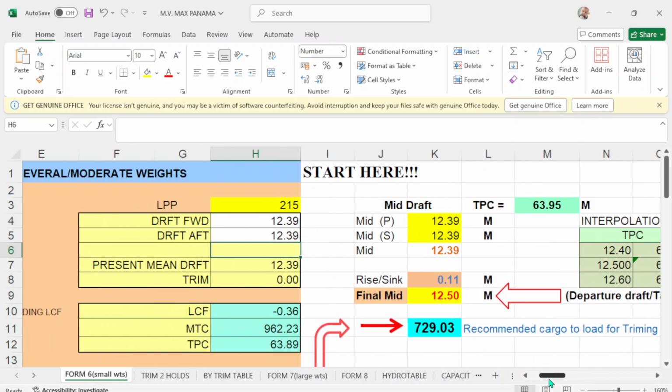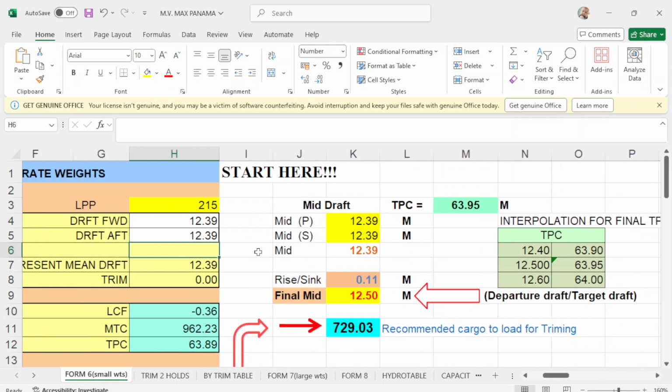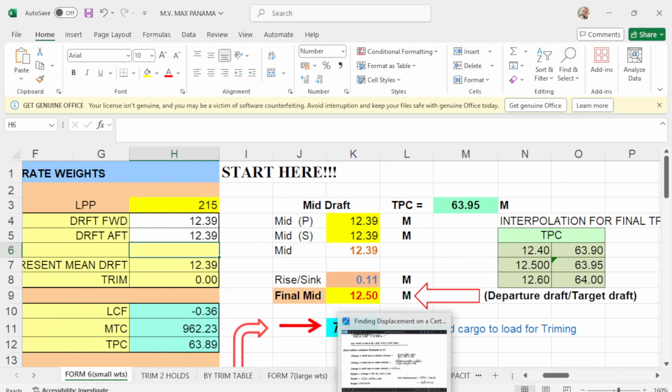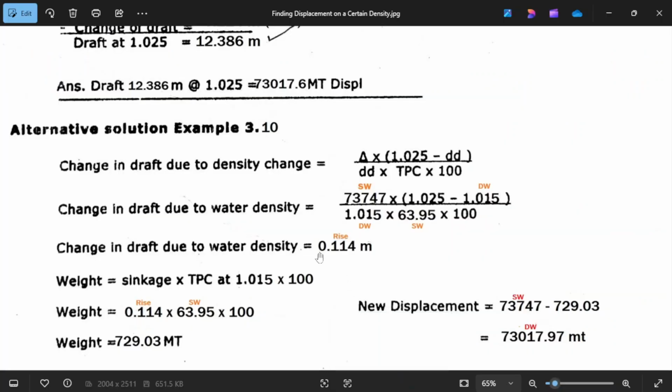Okay, now the sinkage is 0.11. What is the sinkage here, or the rise? I call it sinkage. What is the rise? It's 0.11. Okay, so it's clear now by using the program.